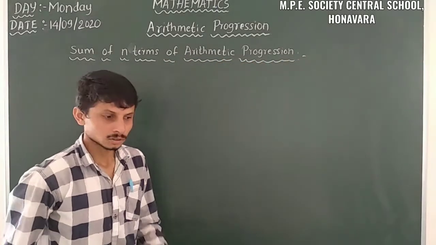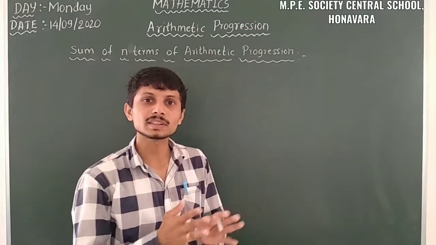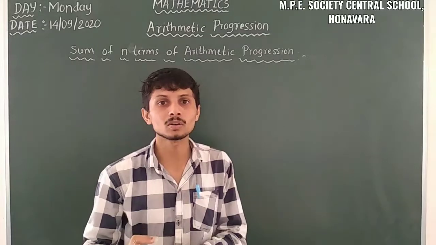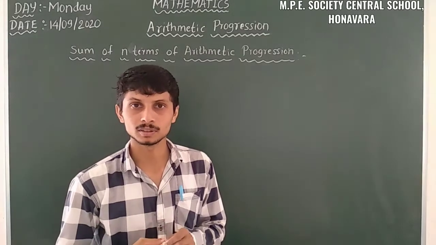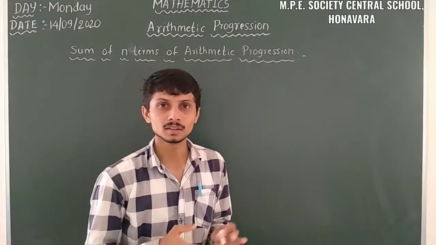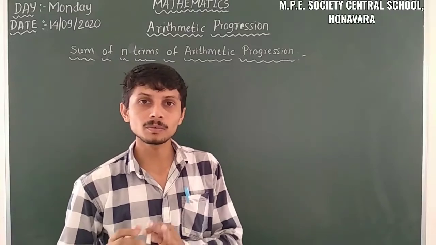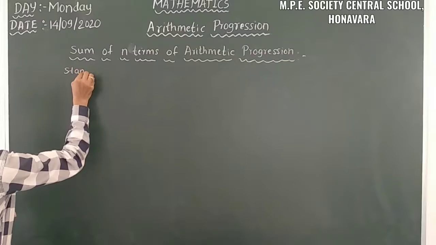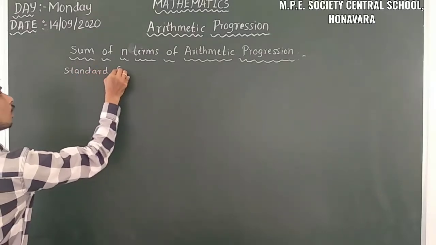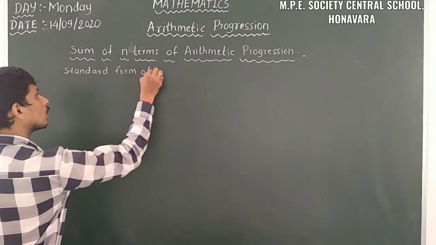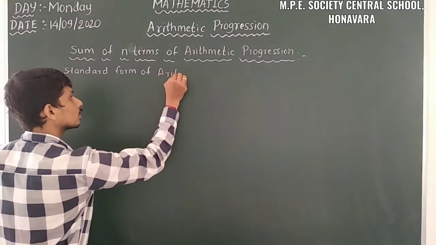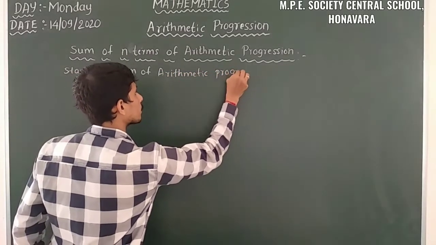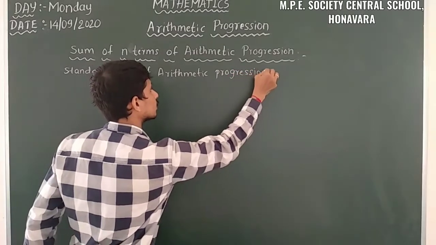Yes. So here we already know the standard form of arithmetic progression. From that only we have to find out the formula for finding the sum of n terms. So firstly we have to take the standard form of arithmetic progression. So what is the standard form? The standard form of arithmetic progression is